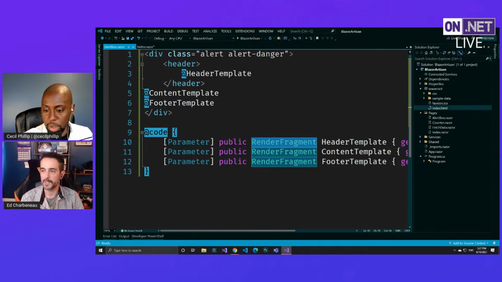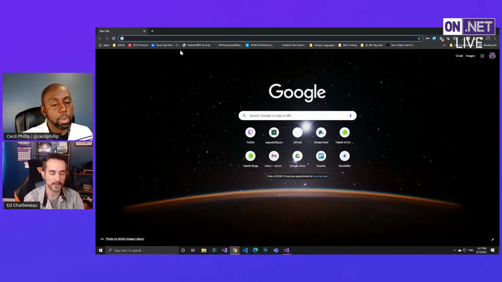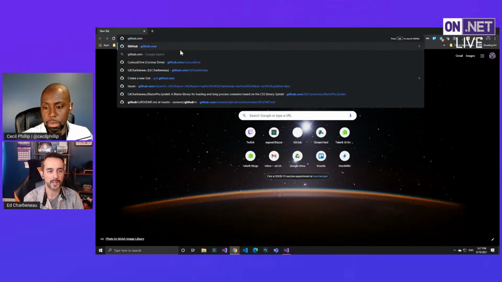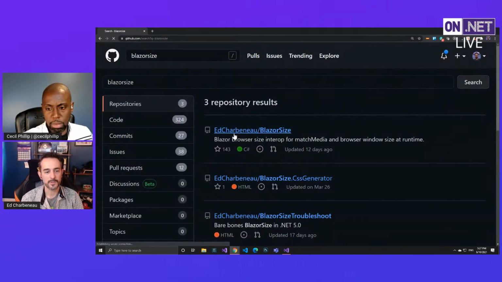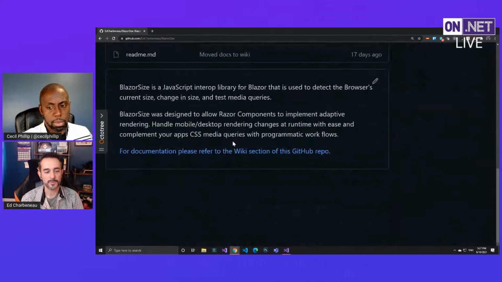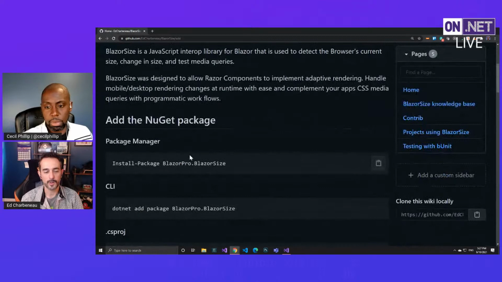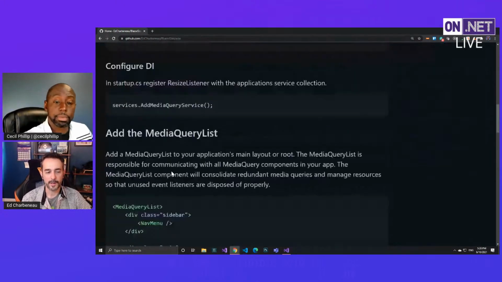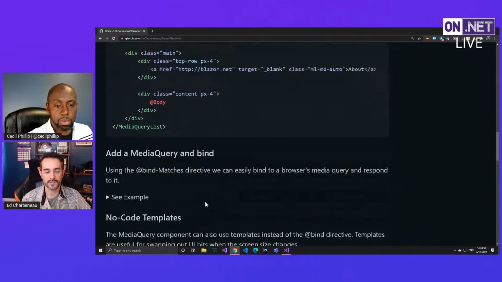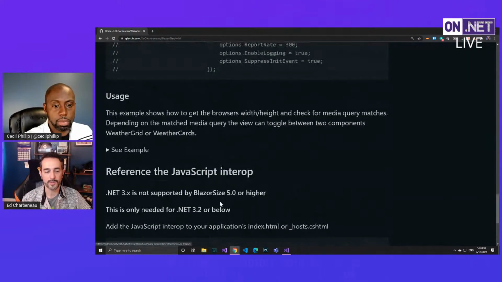If you want to see a really complex but useful solution to that, I have a GitHub repo, and it's also a NuGet package called Blazor Size. And what Blazor Size is, this is a JavaScript interop package that you use for detecting the device size. And this will actually make those calls out to JavaScript for you and do screen size detection. Nice. And then you can flip different parts of your UI around to accommodate